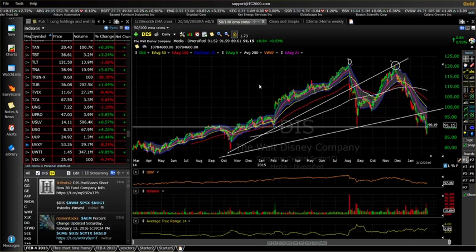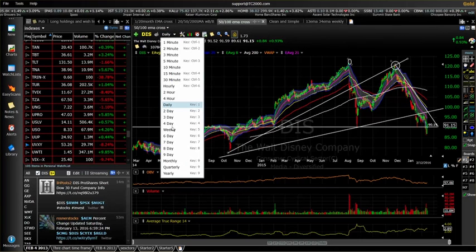So taking this for a swing or a long-term hold would be a bit riskier here because we just broke this price support. And the likelihood is that if it can't find enough force to get through this trend line or through these moving averages, then we may see it pull back even further and head down to its next area of support,